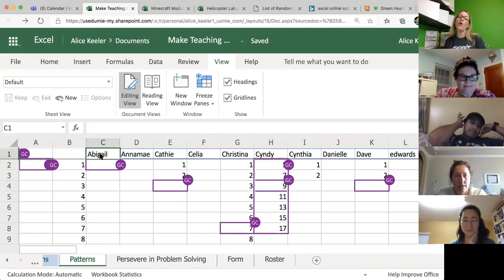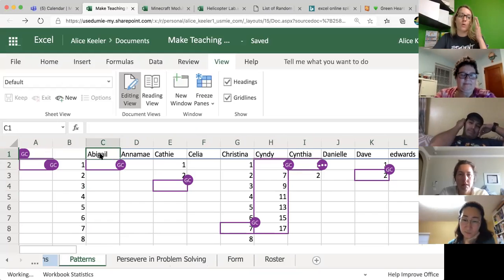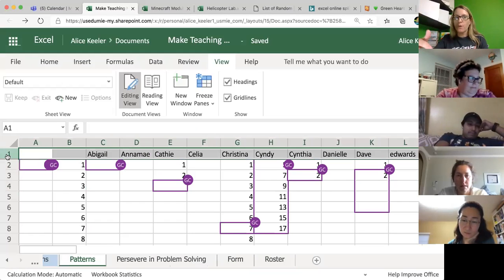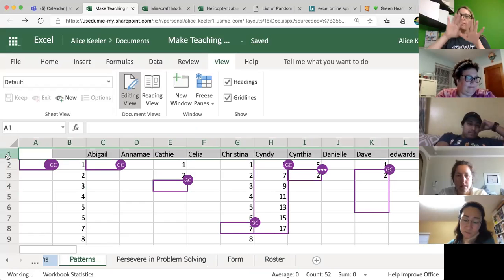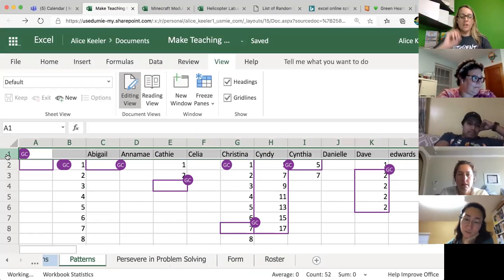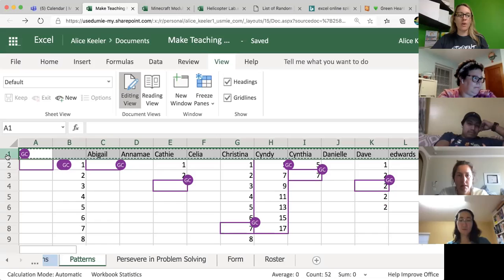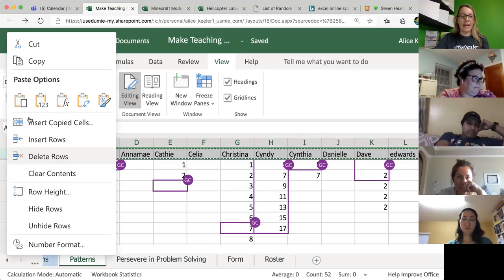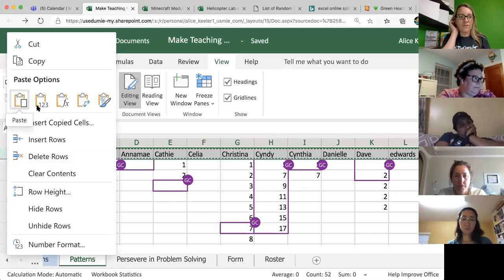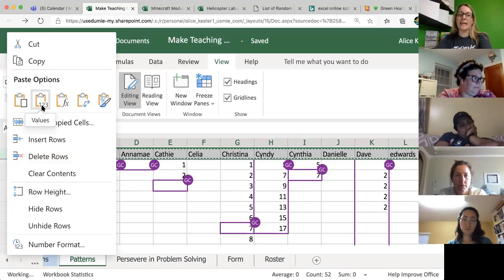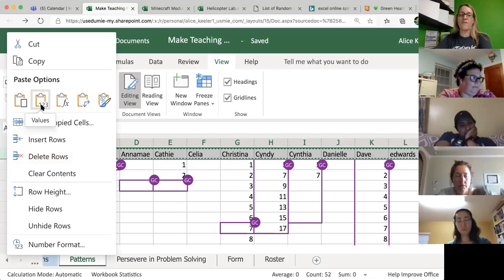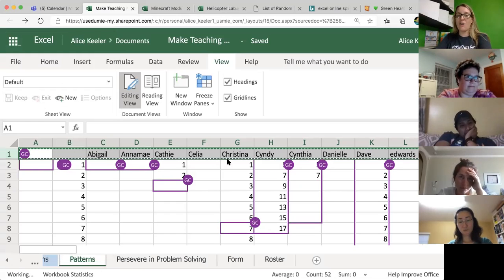When you have a formula, it's doing what the formula says for it to do. But sometimes you're like, I'm done with the formula. It did what I needed it to do, and I want to be done with it. So what I'm going to do is Control-C copy this whole row, and then I'm going to right-click, and I want to paste just the values. You see that second paste option? This is paste special. I paste special the values, and now if I click on where it says Abigail's name,